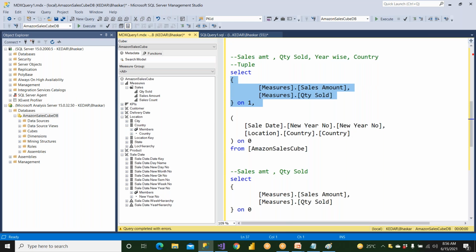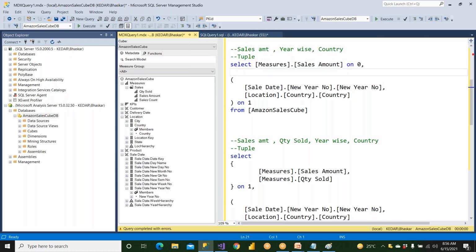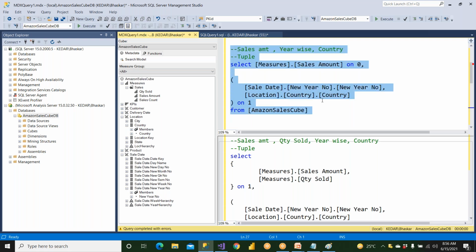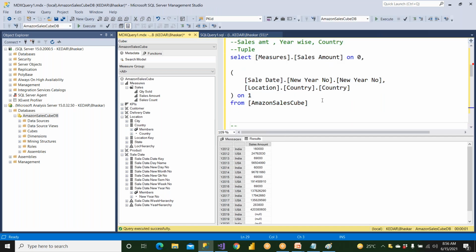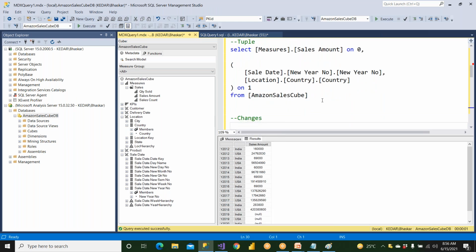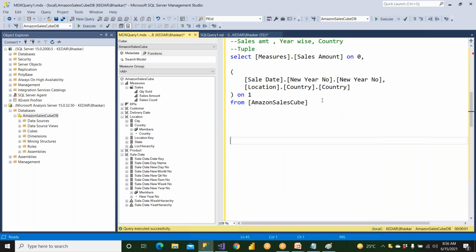These two are. Let me go to previous query. Yeah. I have taken a measure here and I have taken two dimensions here. Dimensions means it is detailed data. So what I would like to have, I wanted to take this and it is working. So I wanted to copy and do some changes to this. What are the things I would like to have here? The changes means, see here, I have,